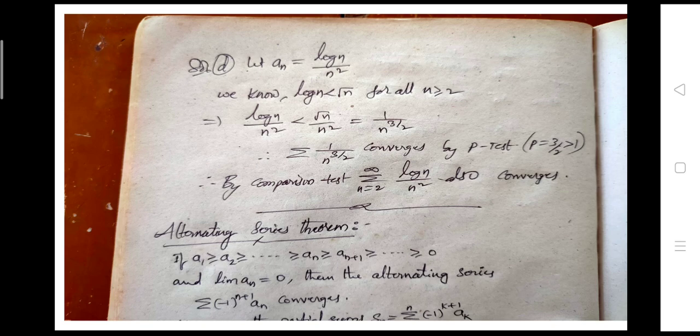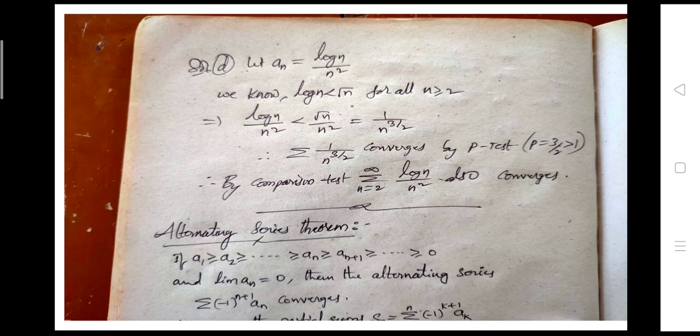Solution D. Let a_n be equal to log n by n square. We know that log n is less than root n for all n greater than or equal to 2, and now multiplying both sides by n square, this implies we get log n by n square is less than root n by n square. Now simplify root n by n square. This is equal to 1 by n power